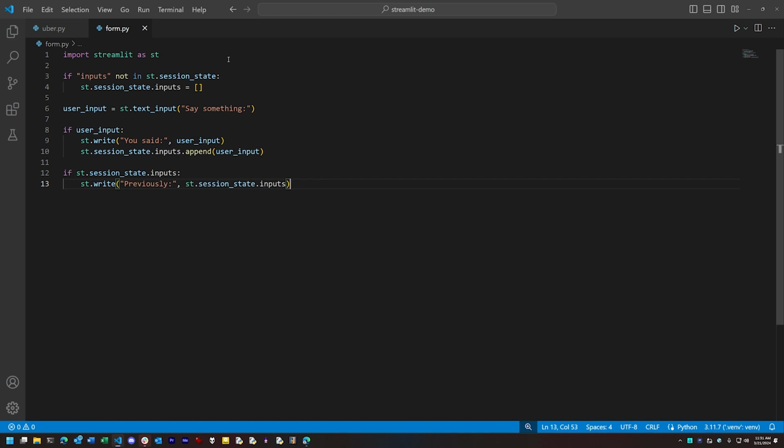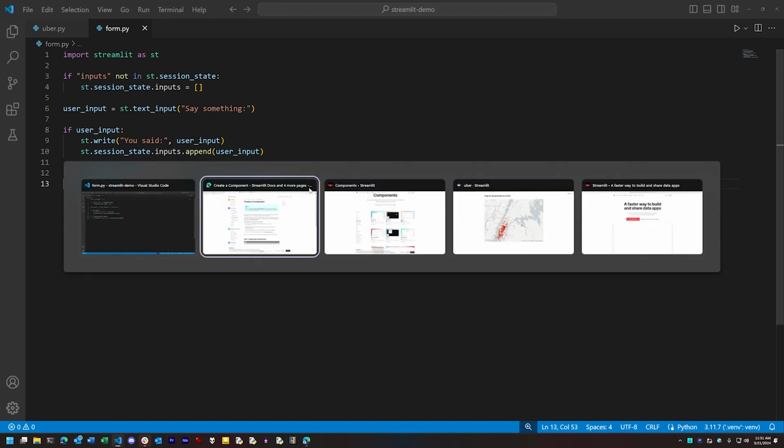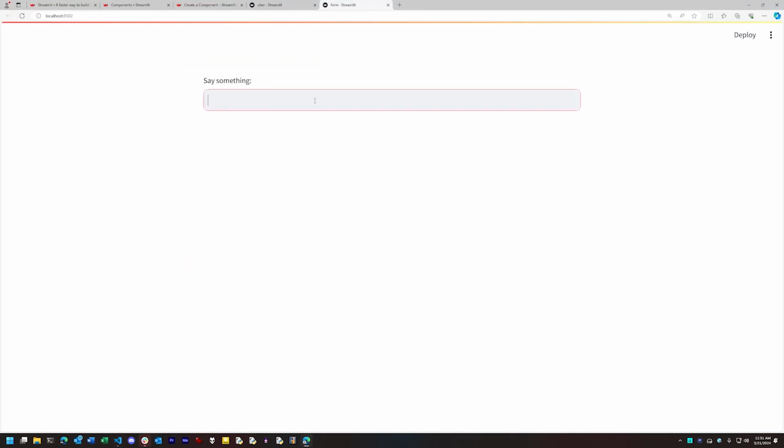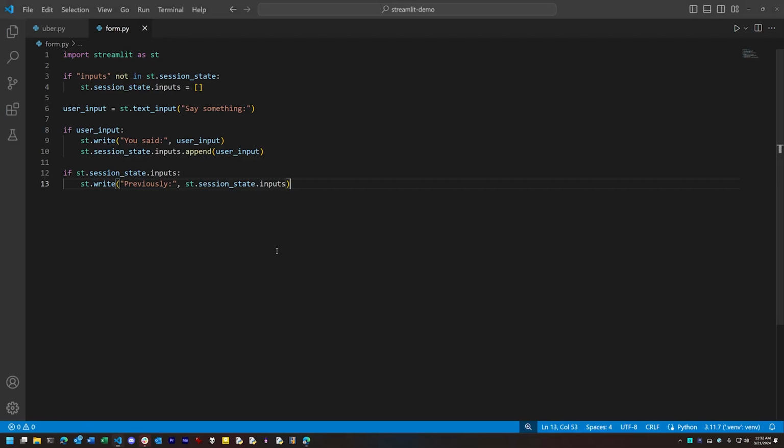This Streamlit program takes input from a text box, displays it, and adds it to a list, which is also displayed. So for each input, the list keeps growing. Each input runs the script again from the top, too. So to track the state of the list across each run of the script, Streamlit provides us with an object named sessionState, which we can keep persistent state in. This code here checks to see if we have created a piece of persistent state, and if not, it initializes it with an empty list.